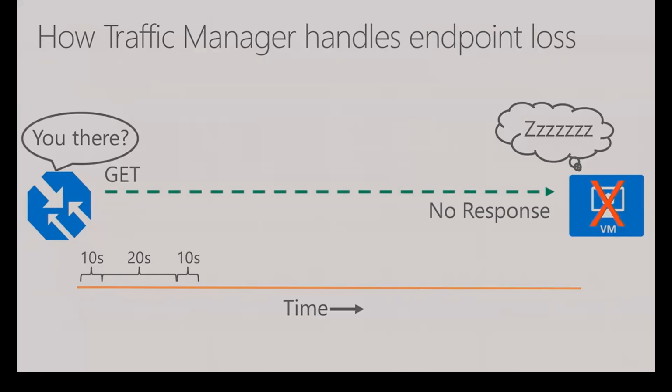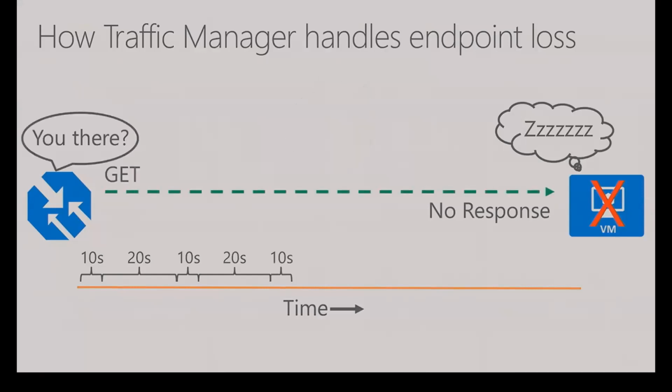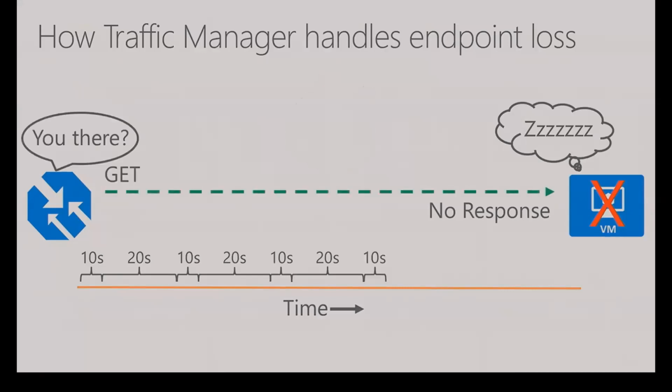So it goes and sends it over again. But now the machine's not there. That region is unavailable, or at least your resources in it are unavailable, just like what we just did. So it gets no response. Waits for 10 seconds, doesn't get it. OK, no response. I'm going to wait for 20 seconds. Tries it again. Still no response. Tries it again. So it's going to keep trying. It always keeps trying. That's all it does.